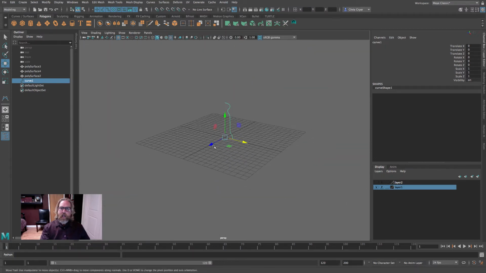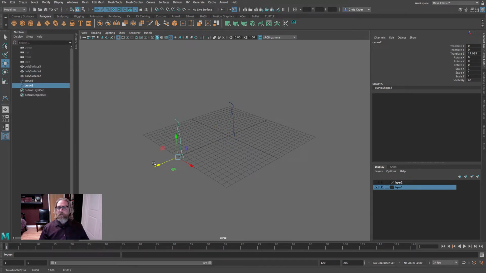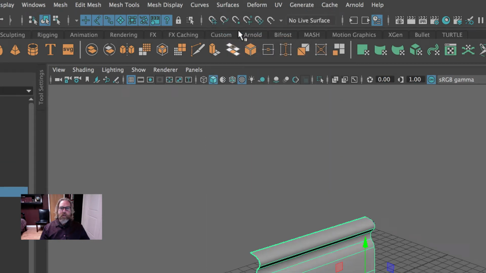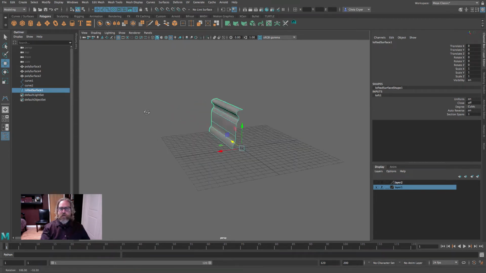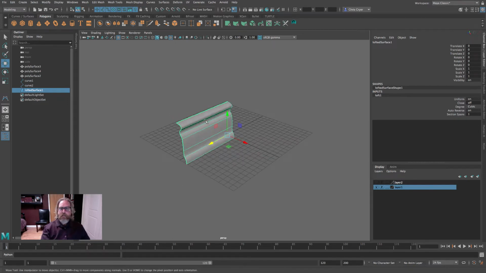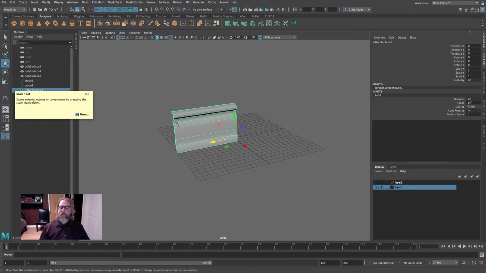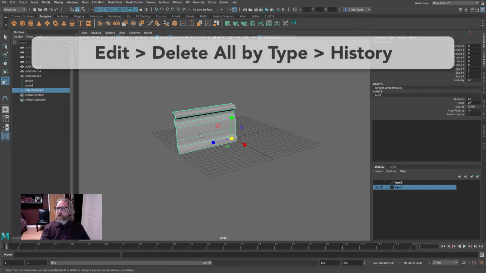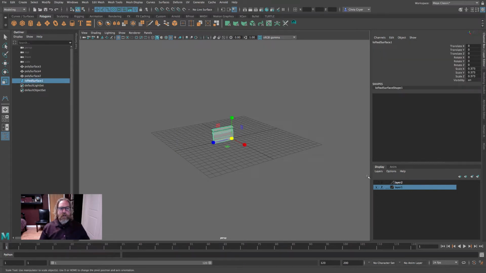We'll come back, and we're going to duplicate this, edit, duplicate, and it doesn't matter how long I'm making it because we'll scale it after the fact. But we'll select both these curves, and with surfaces we'll come and loft. And we'll just leave this as a NURBS. You could convert it to a poly, and then you'd probably want to smooth it once. But there's no reason we can't just work, right? We're doing animated playback, so we can mix and match NURBS and polys in the same scene. Not the case if this was a real-time application of video game, but for animated playback, we can mix and match NURBS and polys and leave them separate. I'll now get rid of the curves, no longer need them, and let's bring back our room,